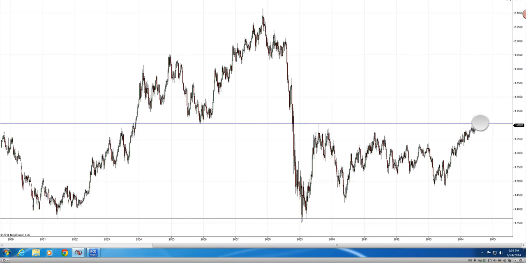And if we see a correction in the stock market and we see the volatility index come back up again, we're going to see a major drop-off here in the Great British Pound US dollar. We're going to see an increase in the dollar and a major drop in the British pound. We could go back and test these levels down at 150. That would be about a 1,900 pip run right there. And that would be, of course, investing on the weekly chart.